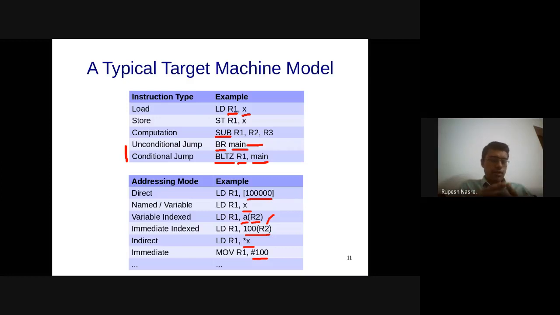So if you recall, not recall, but in some texts, if you see the assembly instructions of x86, let's say move instruction, the syntax is something like this: move destination comma source, right?